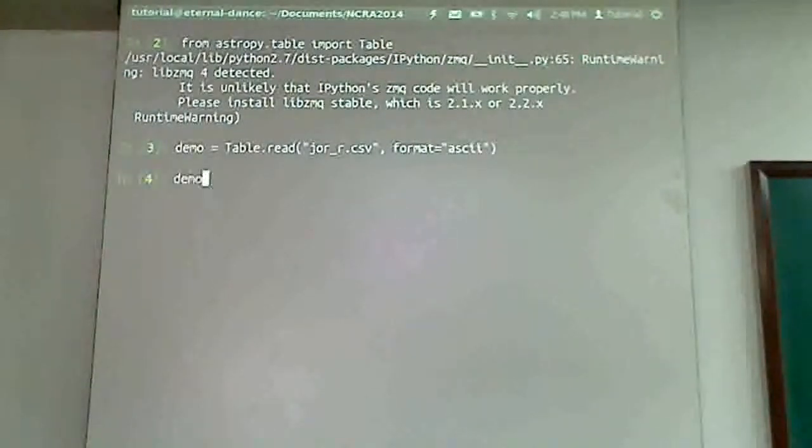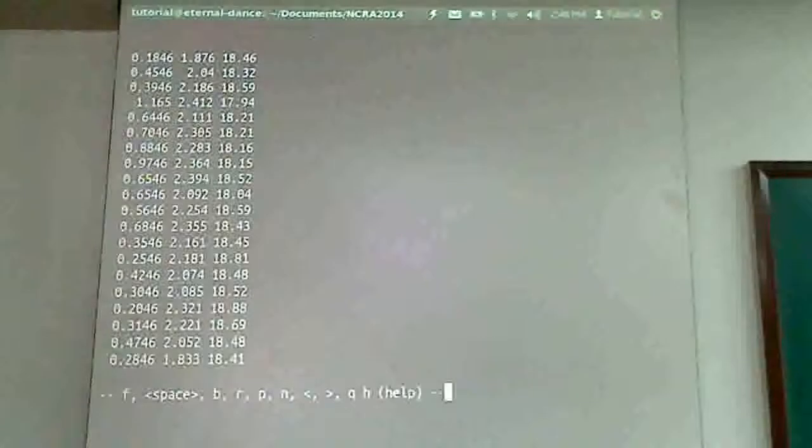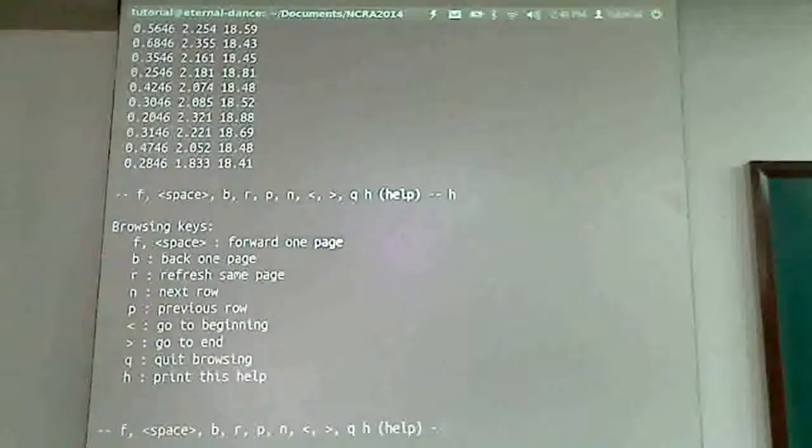Okay, so I can say demo.more, and this is an interactive display of the table, and there are these options at the bottom. If you say H for help, you get an explanation of what these keys do. So you can go forward by one page, back by one page, next row, previous row, go to beginning, end, or quit browsing, and so on.